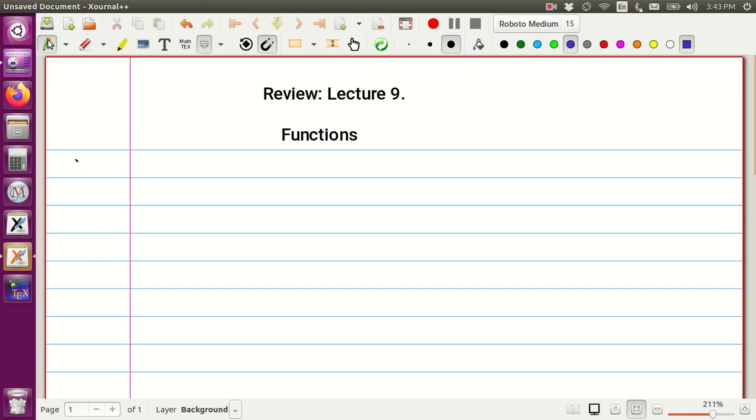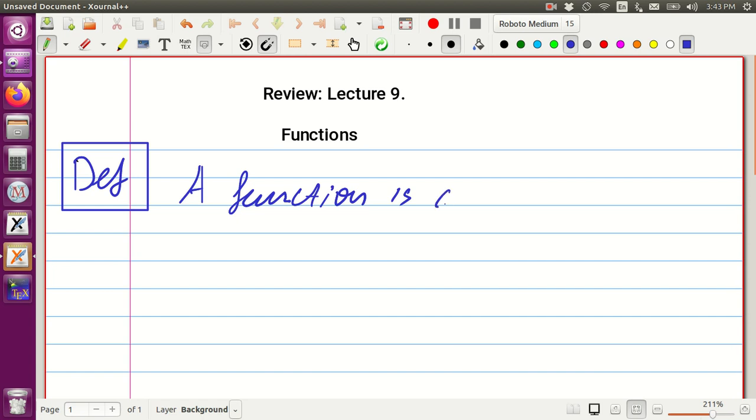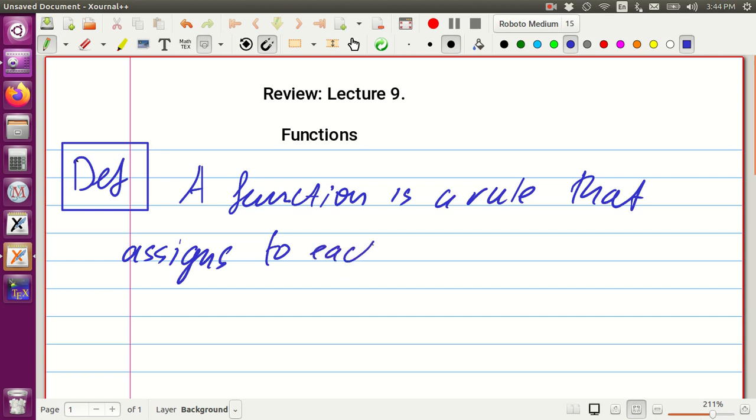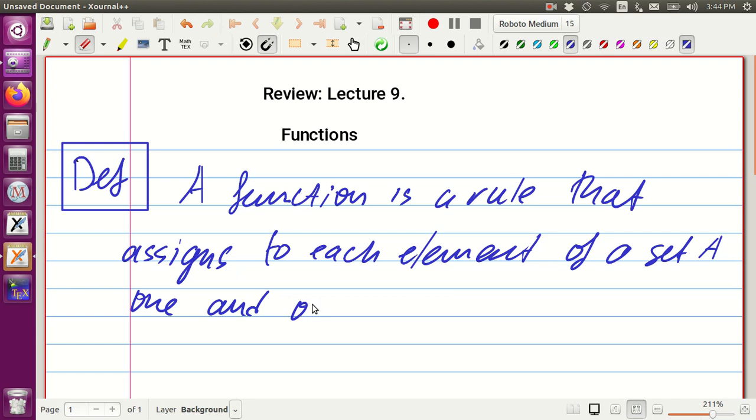So let's try to define function. So basically, a function is a rule that assigns to each element of a set A, and we're familiar with sets, one and only one element in a set B,